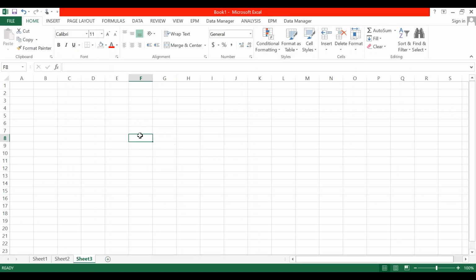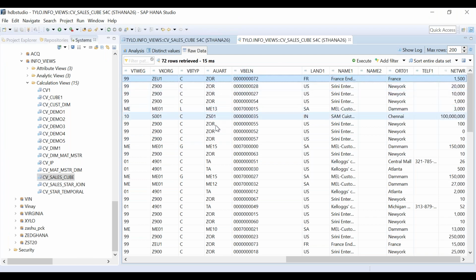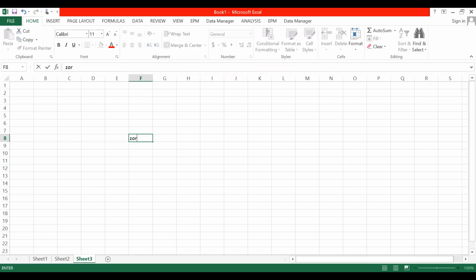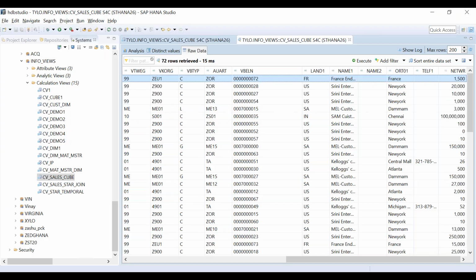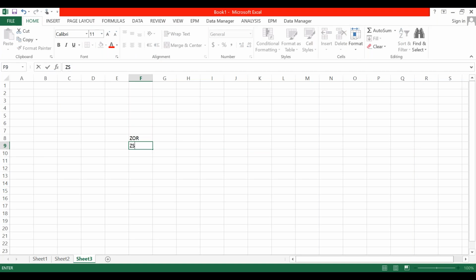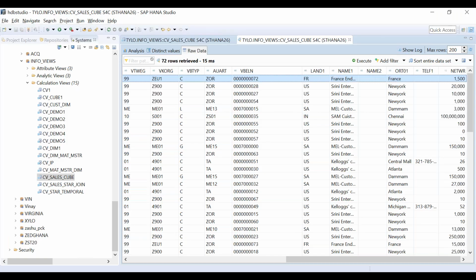You have certain sales order types, like ZOR or ZS01. Not even this example, let's have a more meaningful example.